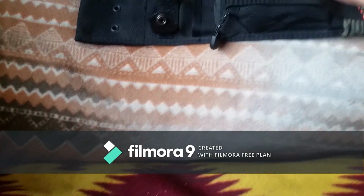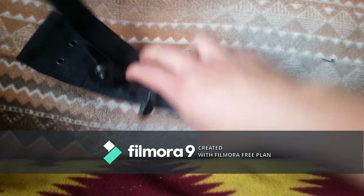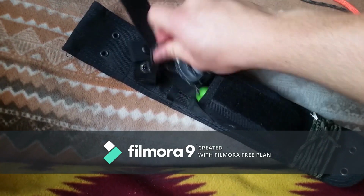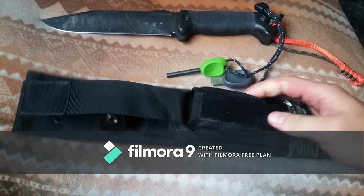On the blade is a rough powder coating that's baked on. The sheath I actually somewhat like. I'm probably one of the few guys that actually kind of likes it, because the storage pocket, it's not wide enough to fit an Altoids tin, but you can fit some other gear in there, such as a Swedish Light